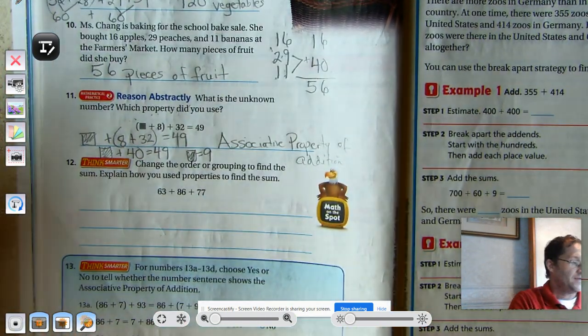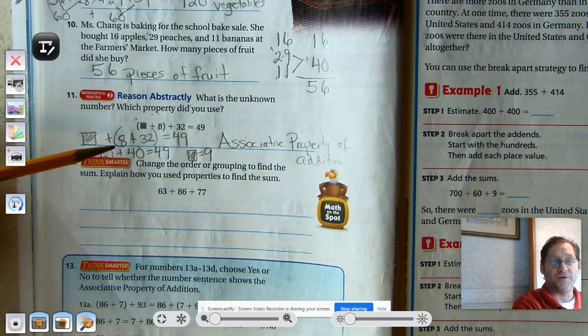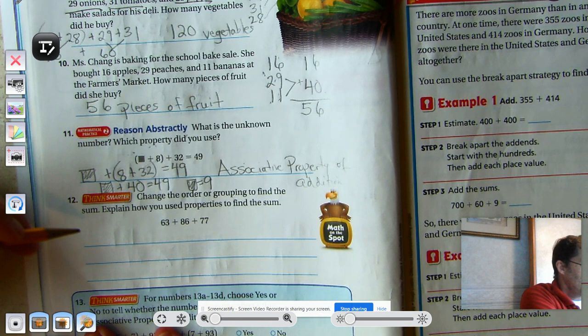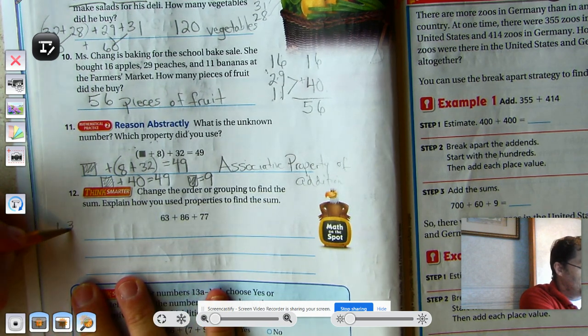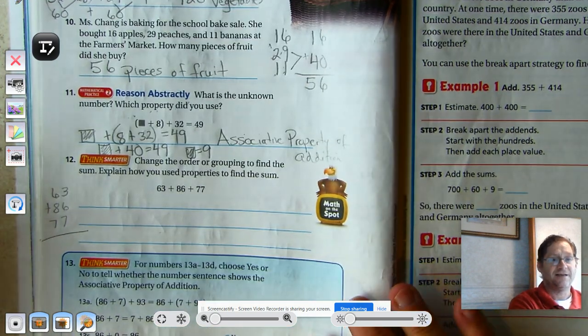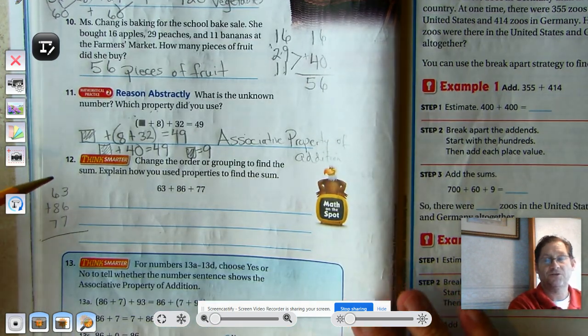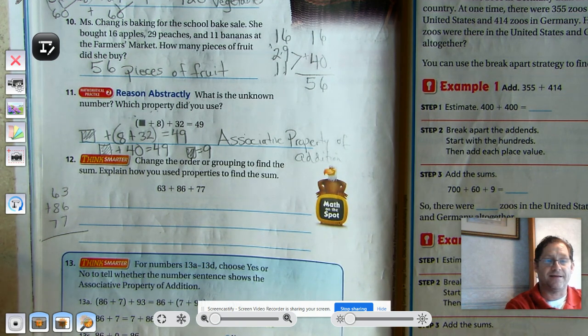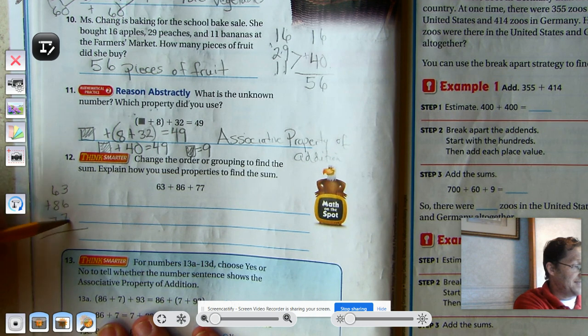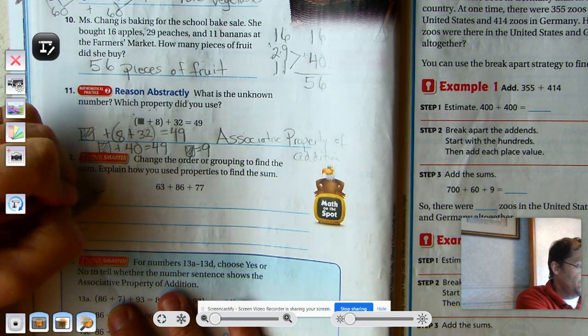Okay, number 12. Change the order or grouping to find the sum, and explain how you use properties to find the sum. So we have 63 plus 86 plus 77. And our whole goal in this lesson has been to see if we can find two numbers that would make a 10. Two numbers that would make a 10. And I see that 7 and 3 would make a 10. So first,